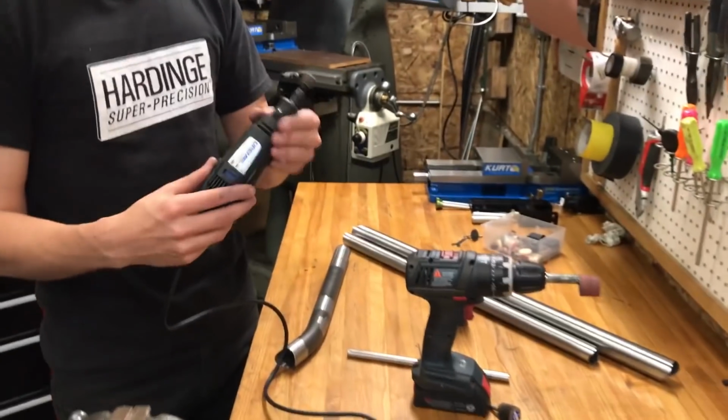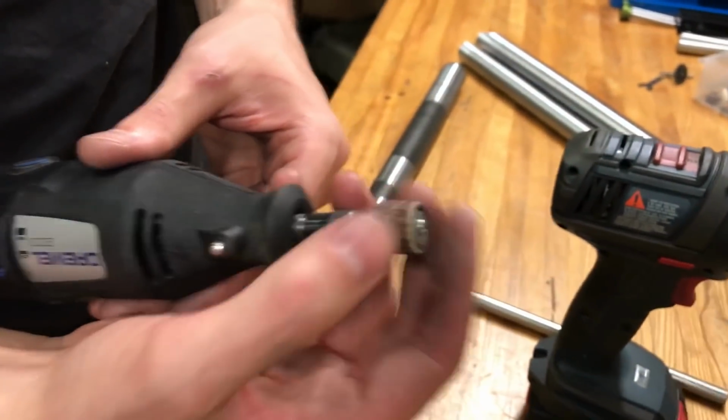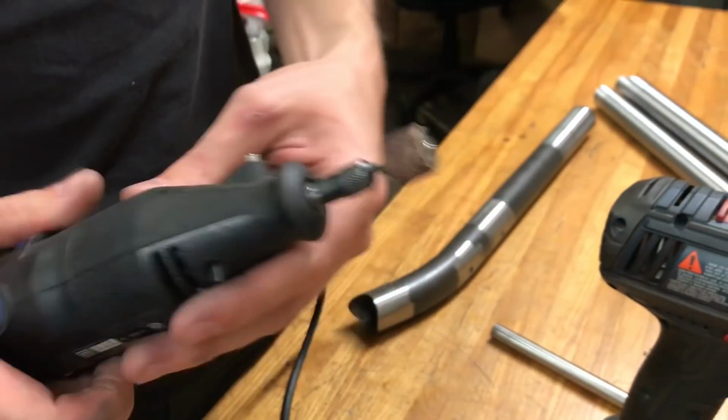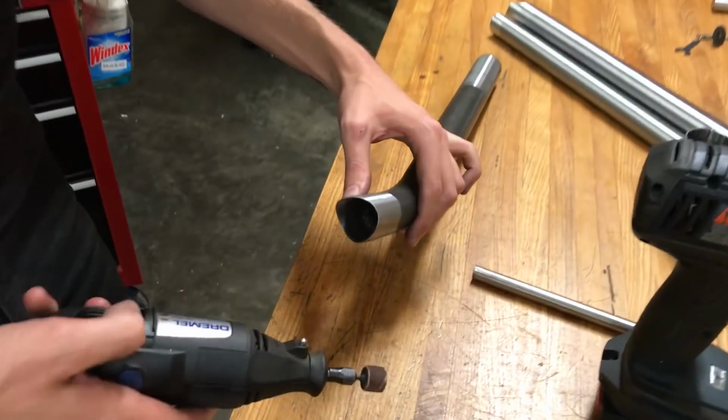And then here I have the Dremel. And this has one of those sanding drums. Again, it's about 80 grit. And this baby spins real fast. And it's kind of the same idea. You just see a spot that's not really shiny, and